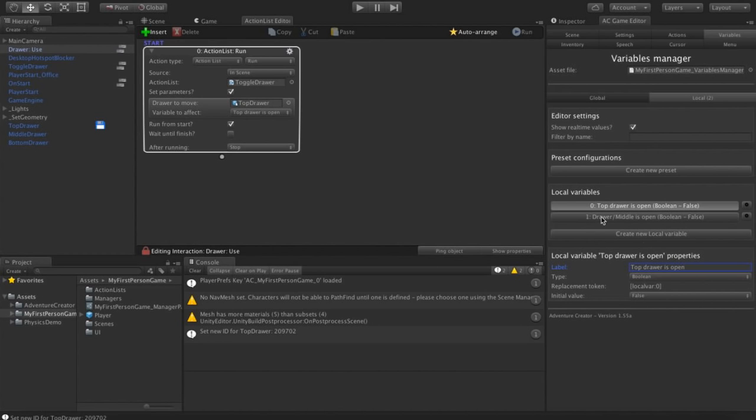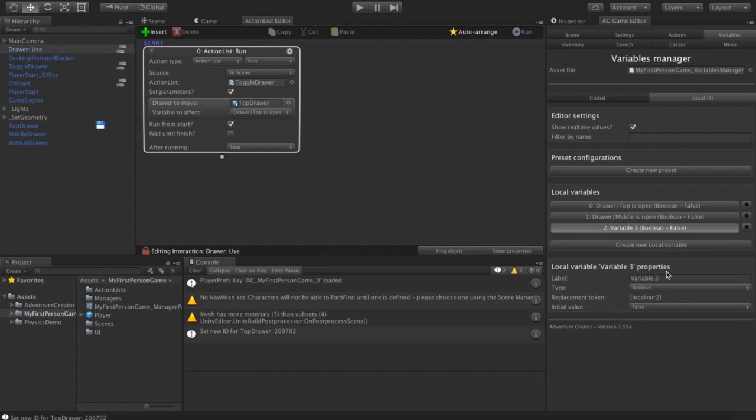I'll go back to my first one and name this draw slash top is open, and a final one called draw slash bottom is open. Now they're all Boolean variables and they're all set to false initially.